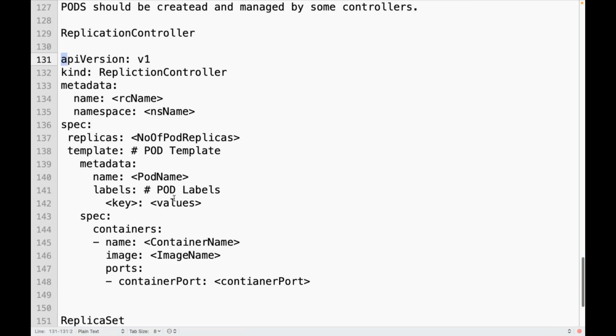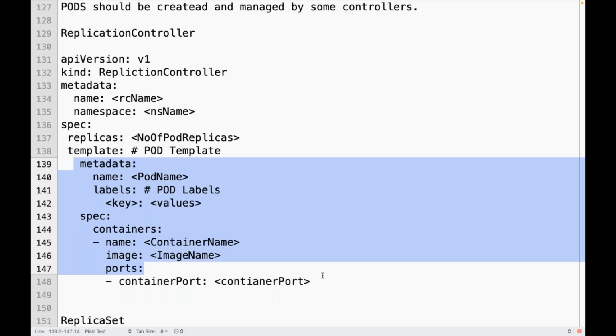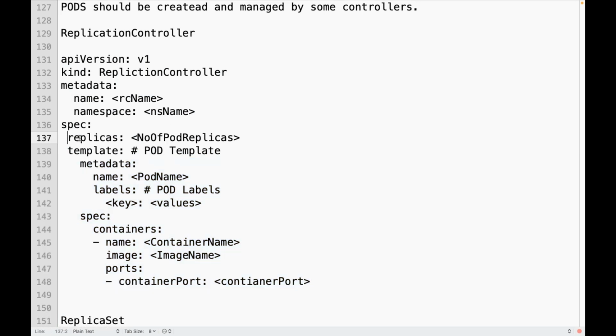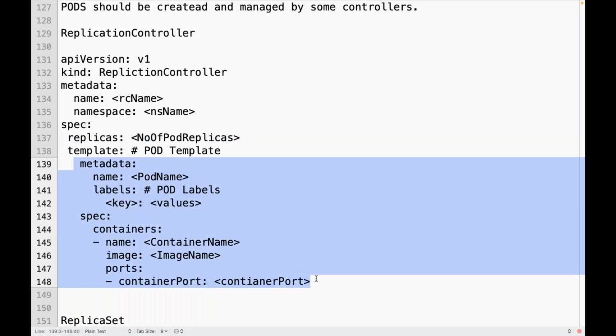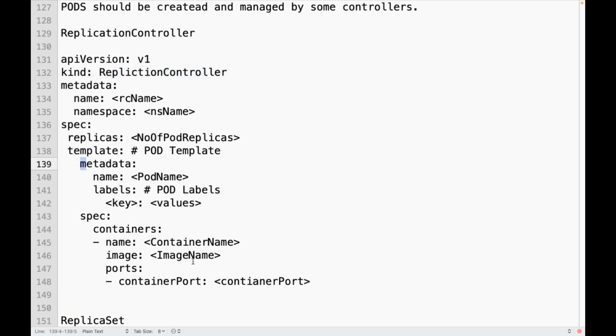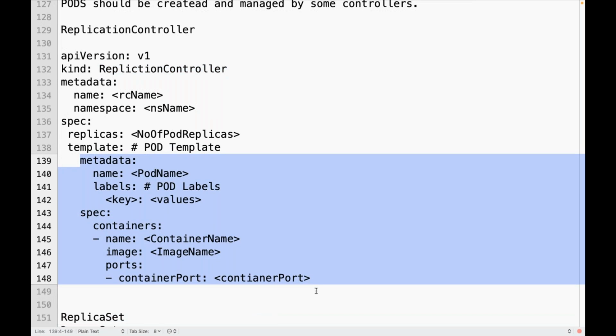Now, if I create a replication controller like this, is it going to use the information under the pod template and create as many pods as the number of replicas I have mentioned here? Yes. You are not directly creating a pod. The pod is created and managed by the replication controller. You are creating a replication controller, and it creates and manages the pods using this information.